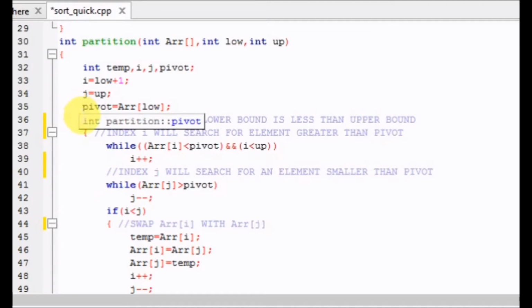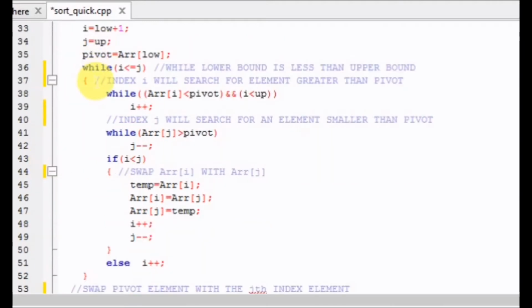We have seen it in the last video also, where I explained the concept of the quicksort algorithm.